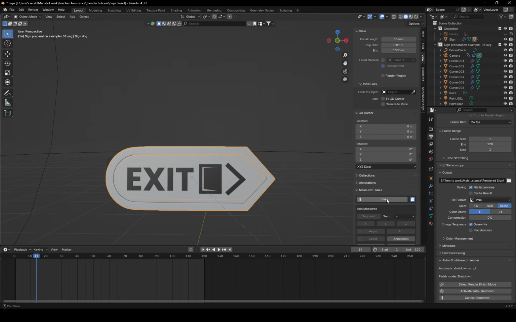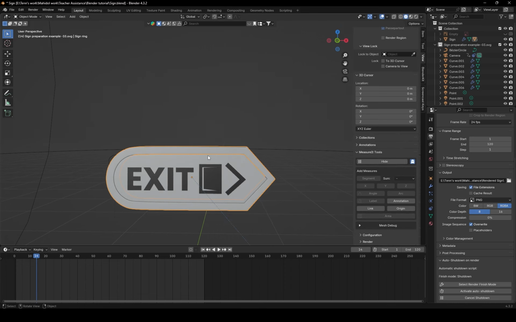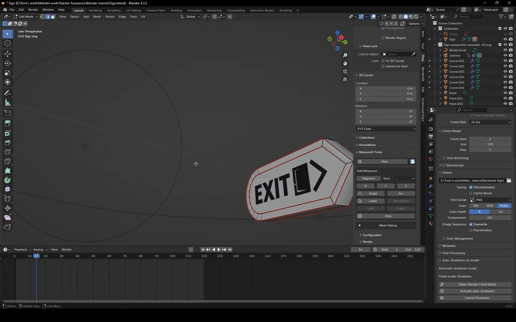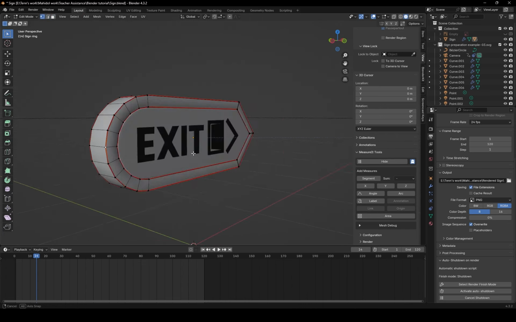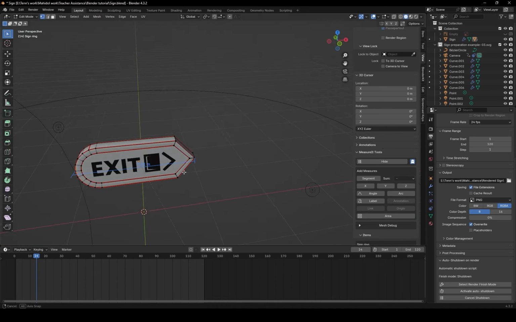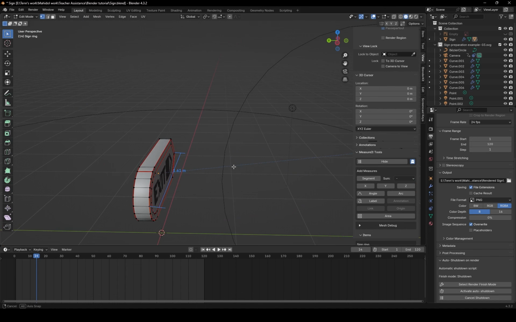You are going to click show right here, and now let's say you want to have the dimension of this length, from this point to this point, as I taught you in the previous tutorial, and you are going to press segment, and now it adds the dimension for you, which is